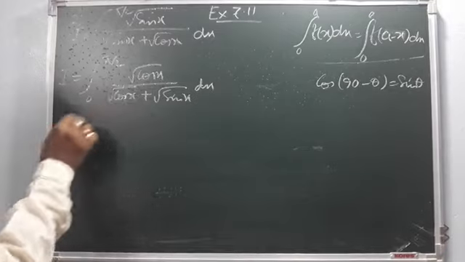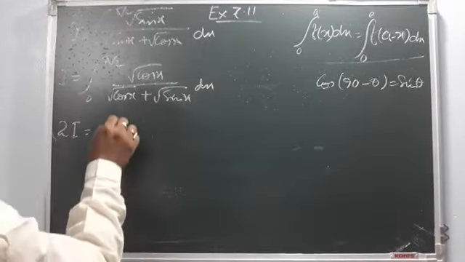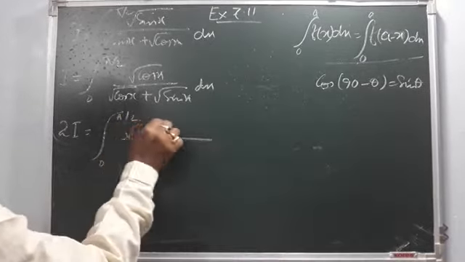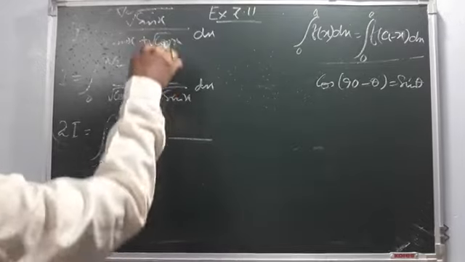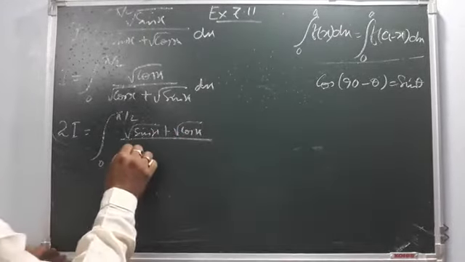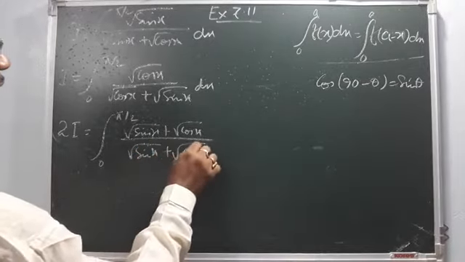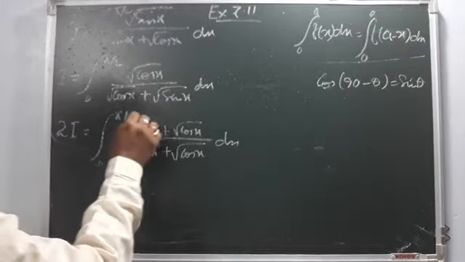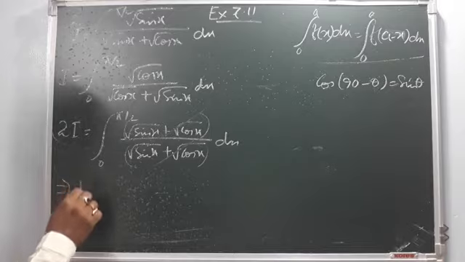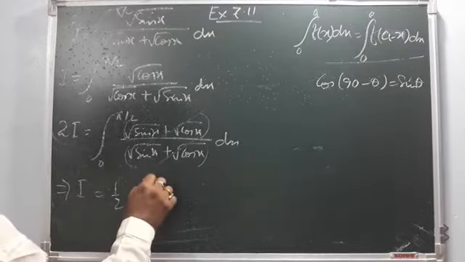So as I has a different form, if we add these two, it will be twice I equal to integral 0 to 90 of root sin x. If we add these two, automatically numerator you have to add like that, and denominator also like this. So we can cancel this, and ultimately we get I is equal to half integration 0 to 90